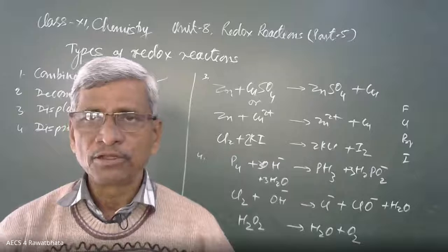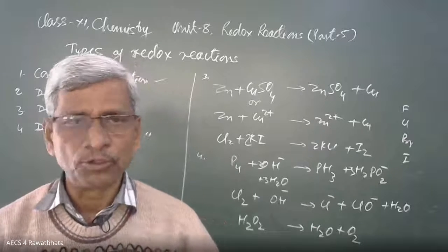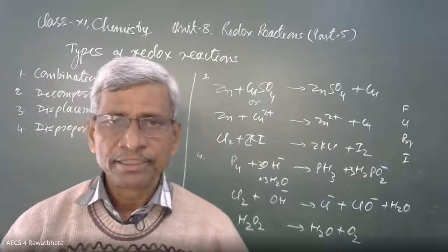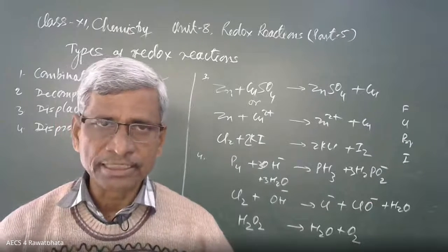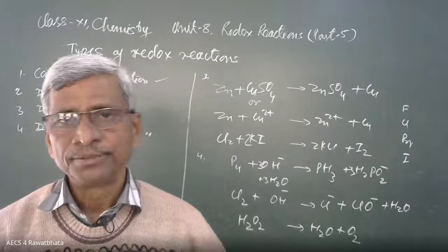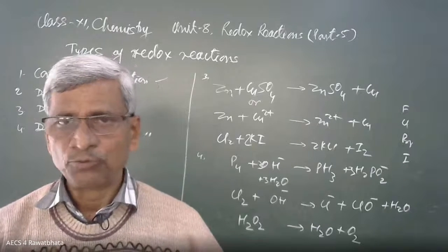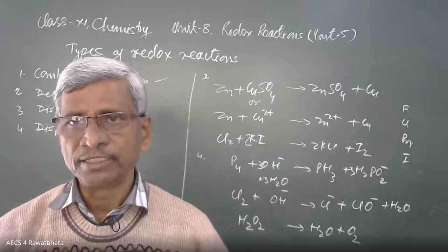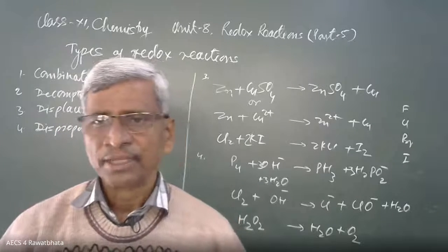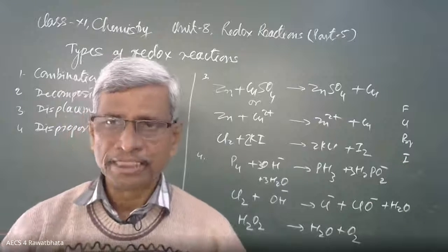One more method is the oxidation number method. By taking the oxidation number of the elements, we can also balance. That is simpler than this one. But if the question comes, they generally ask to balance the reaction by the ion electron method. Then we have to follow this pattern. The oxidation number method is also one of the methods. Next day, I will take some examples of that also. But this lesson is almost completed.